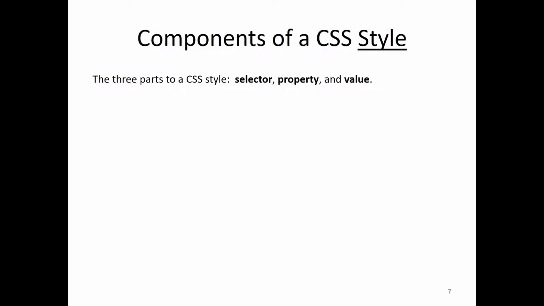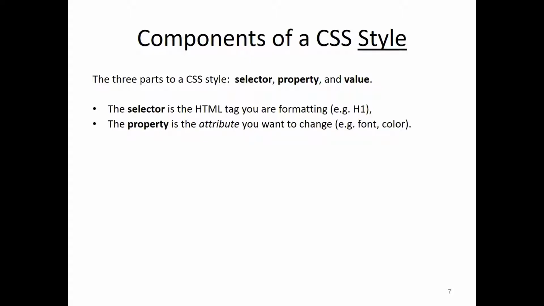And we have basically components of a CSS style. Whenever we are styling with the help of CSS, there are three parts: selector, property, and value. The selector is the HTML tag you are formatting. It means selector is any HTML tag which you want to format. That can be H1, that can be paragraph tag, that can be anchor tag. So any tag of HTML is called a selector.